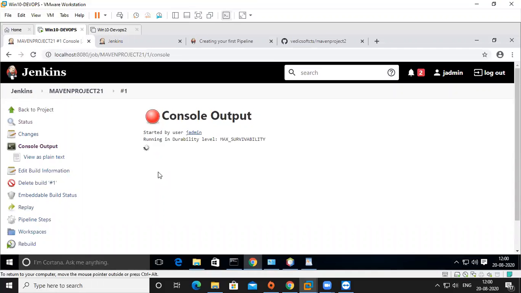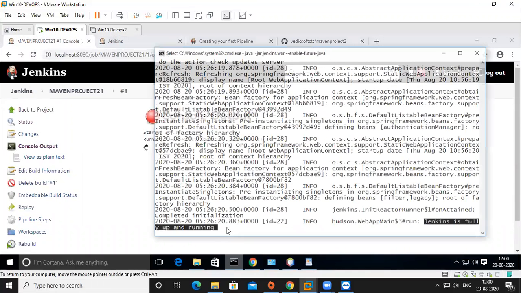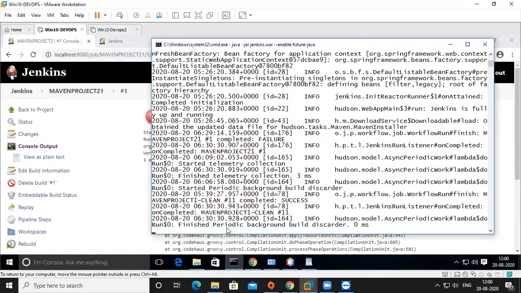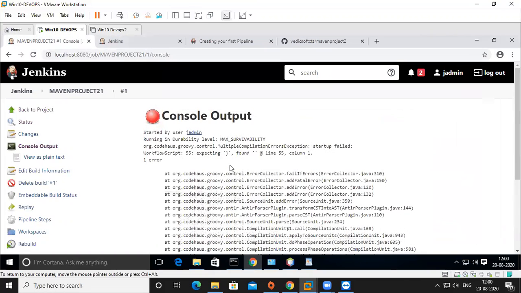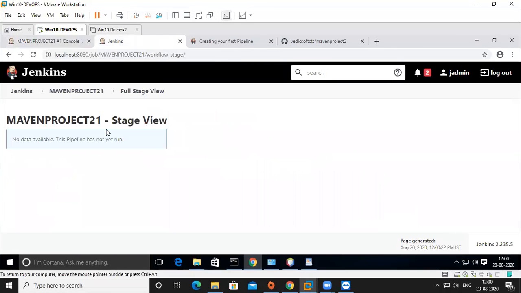What happened to this thing? Now it is running. So first only error. So the code error. Yeah, I know that code error.